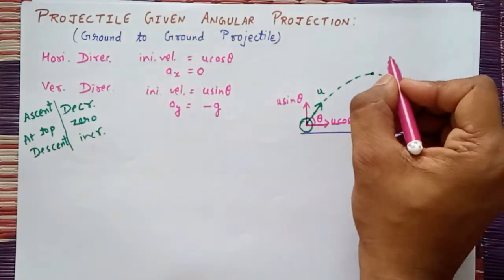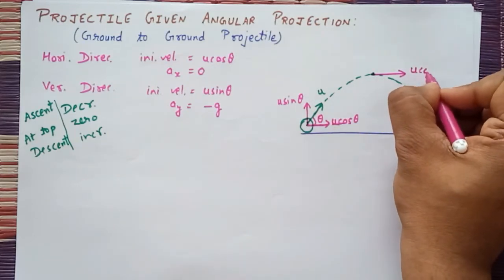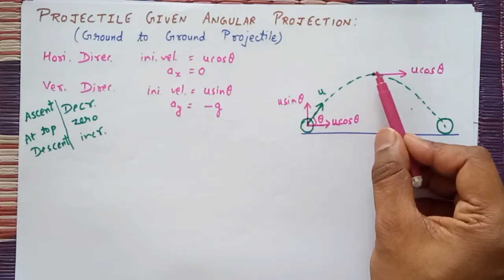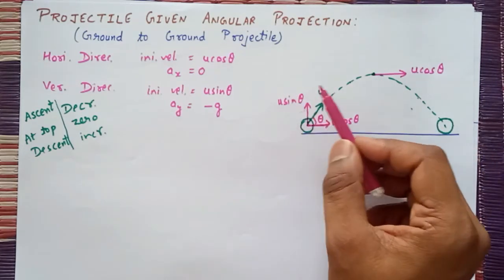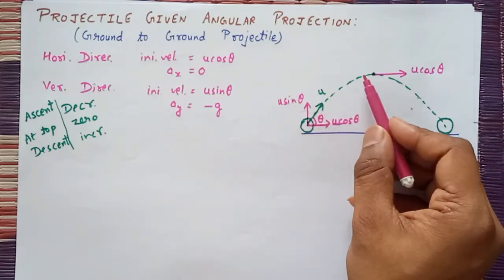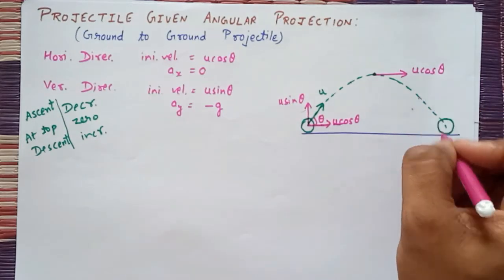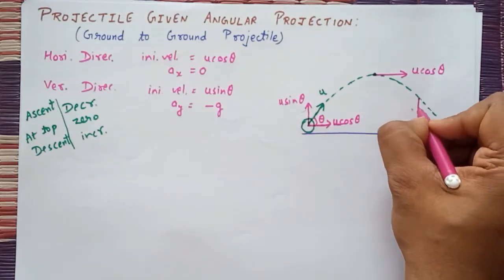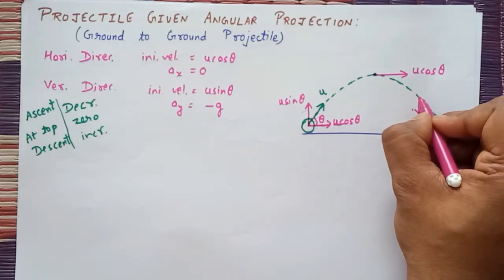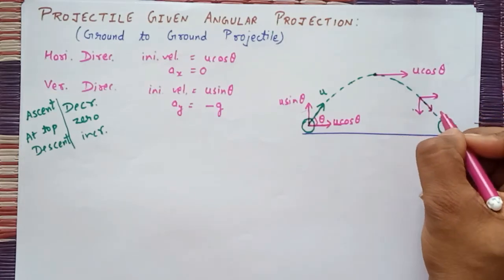So at this particular point there will be velocity only u cos theta. See, velocity is not 0 at the topmost point, only its vertical component is 0. The horizontal component remains the same, that will be u cos theta. The vertical component will be decreasing, and when it comes downwards, the vertical component will again be there, but in the opposite direction. At this point the vertical component is in this direction, and the horizontal component is in this direction. The resultant of both will be in this direction only.